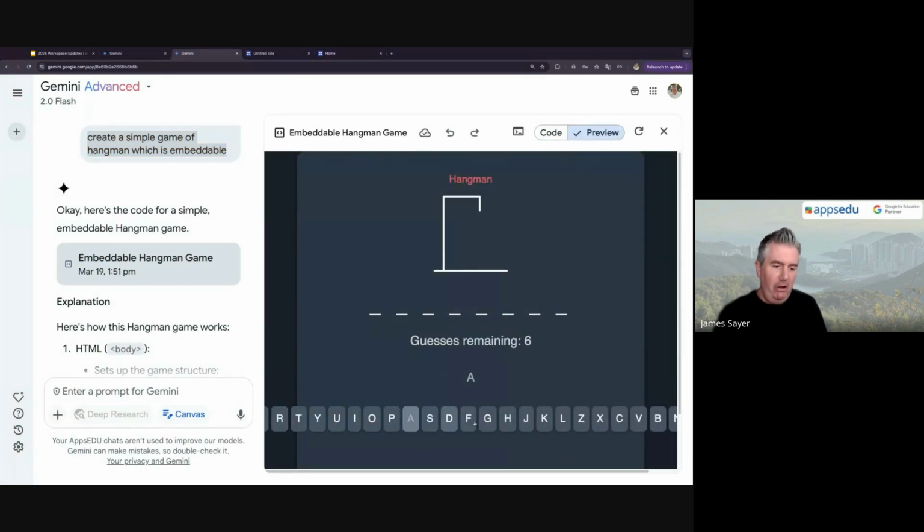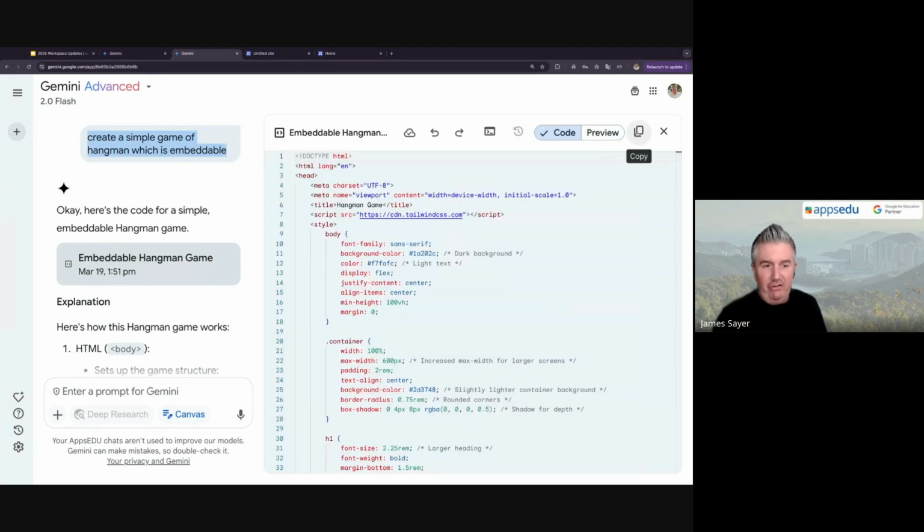We can preview the code. We can see if it's working or not. And it was earlier. It's just my guesses are very, very bad. But there we go. So you can preview the code, in this case the game, alongside your code. Once you're happy with that, you go back to the code and you can actually copy the code